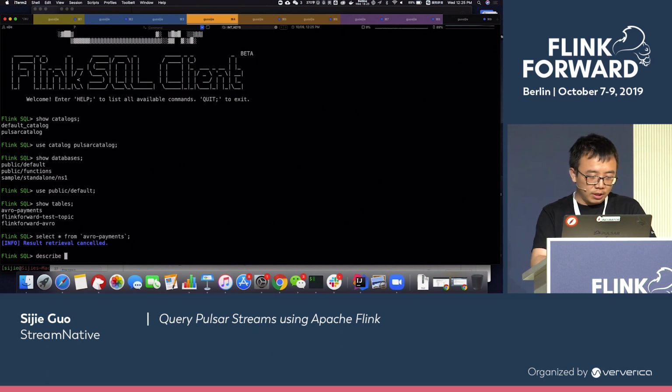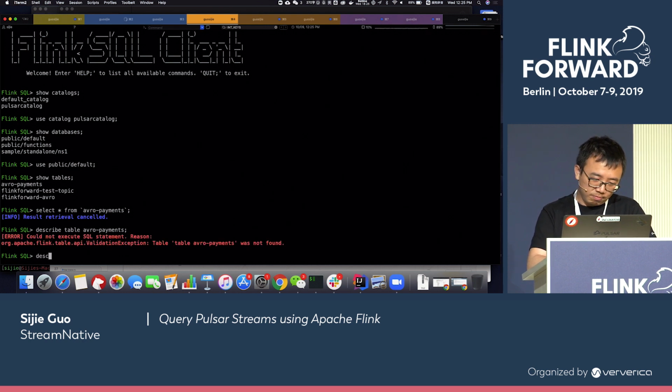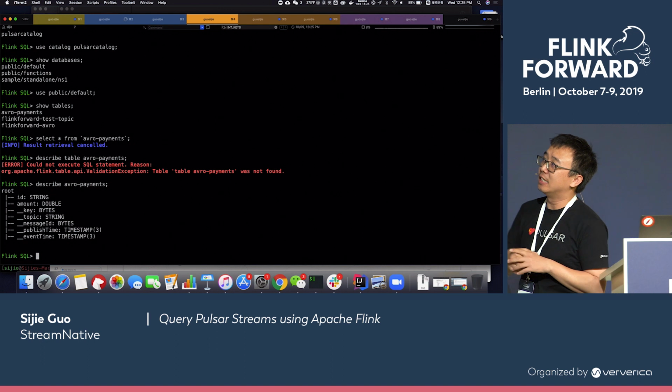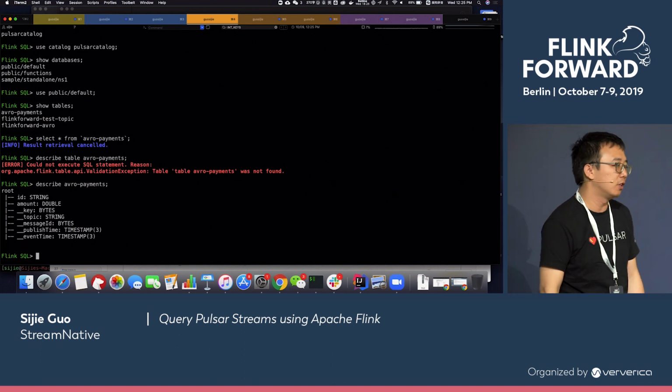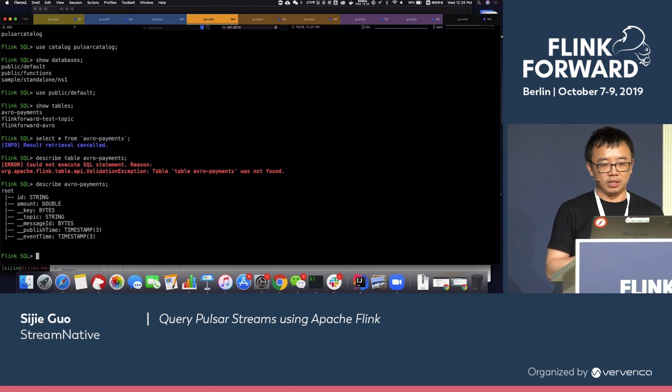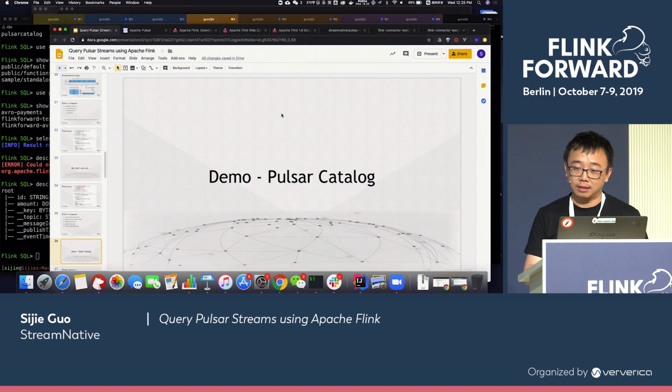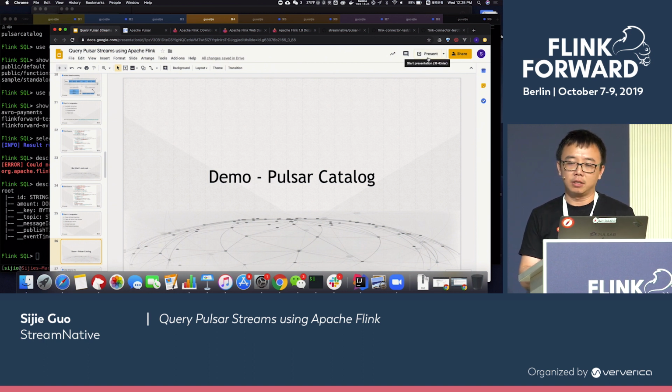As you can see here, you can also describe the table. Oh, I don't remember the syntax. Yeah, as you can see here, you're listing out all the fields about this topic. So this is a very short demo of the latest integration that we did, bringing schema as a first-class citizen.